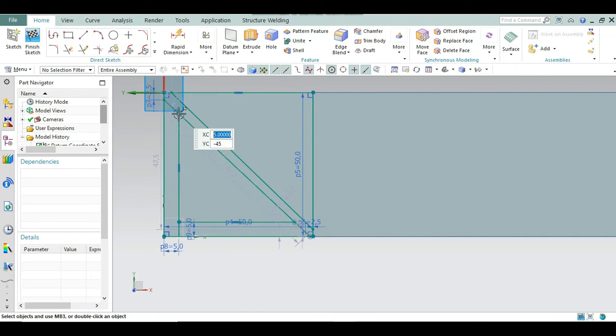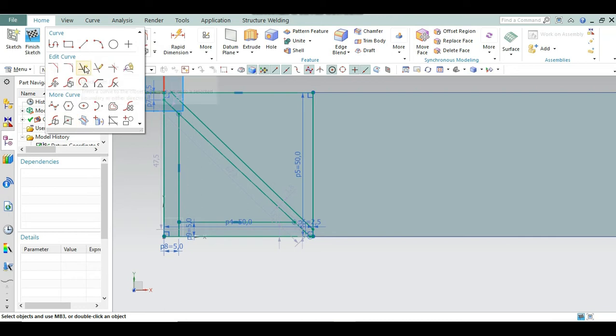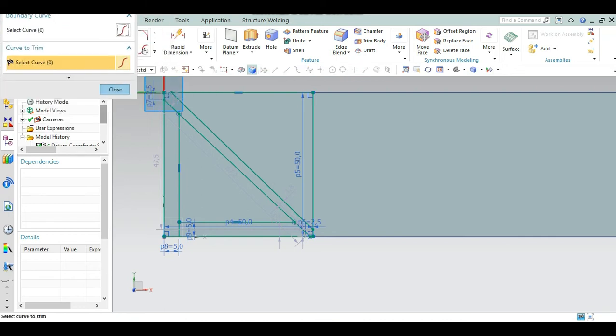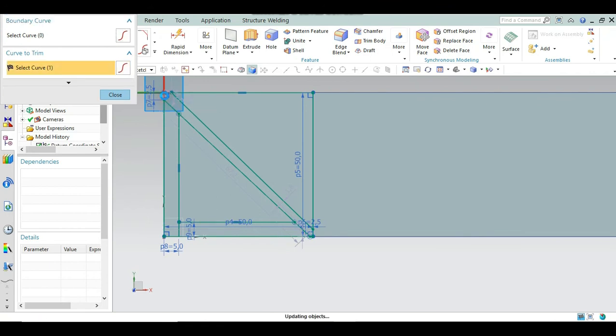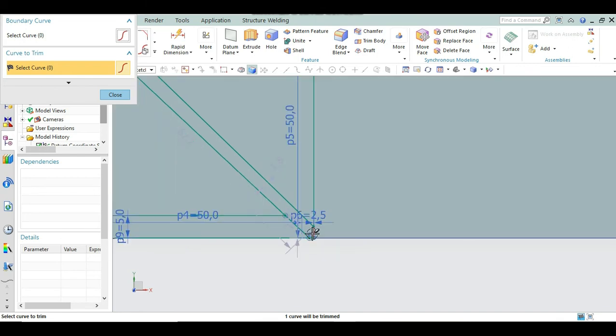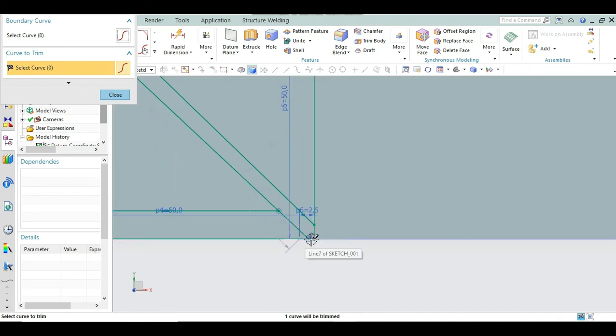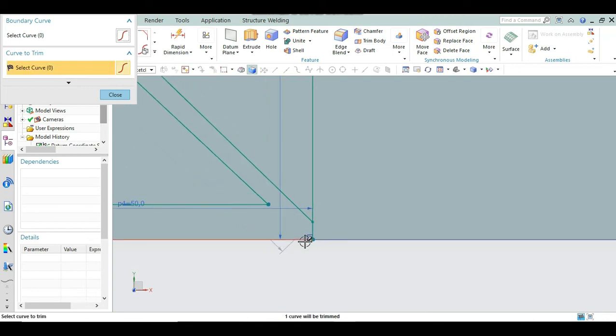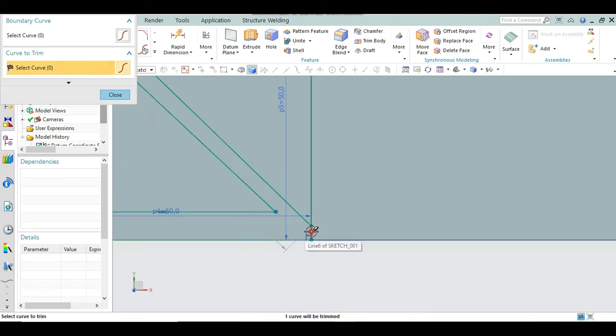Now first remove all the curves with the trim command. Quick trim, the shortcut key is T. Select the curves, this 2.5 line and now this. Here we have also made one 2.5 line. Remove this point and this one.